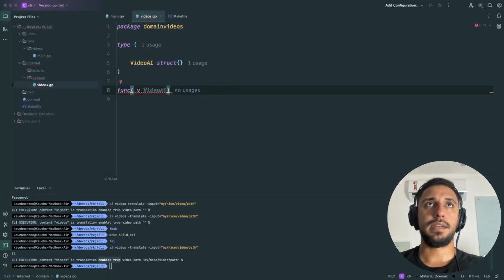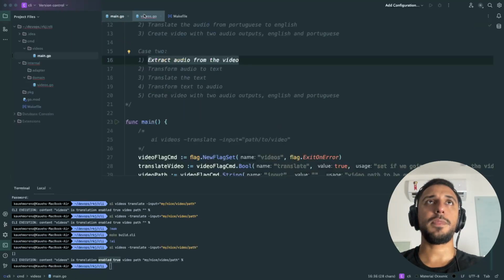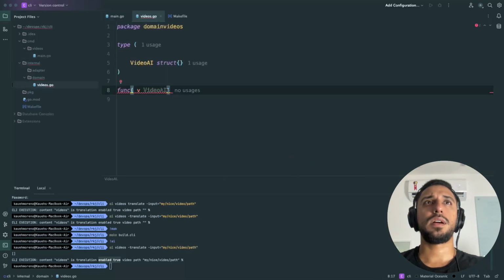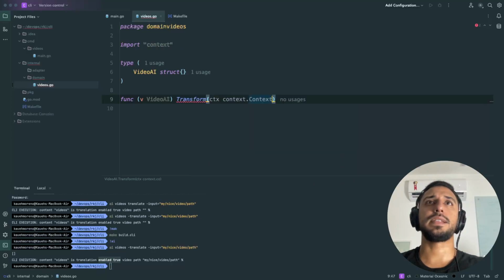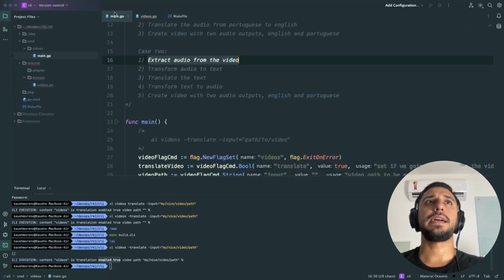Something like, we want to extract, transform, translate. So why don't we do something like transform, right? And then we receive the context that we want to transform. We're gonna have as input,